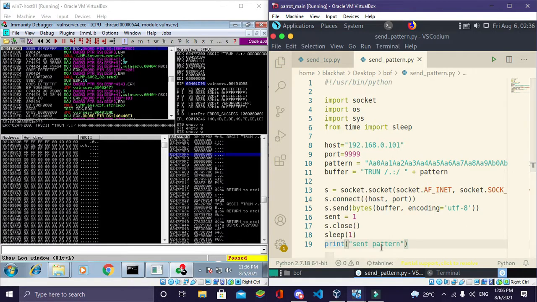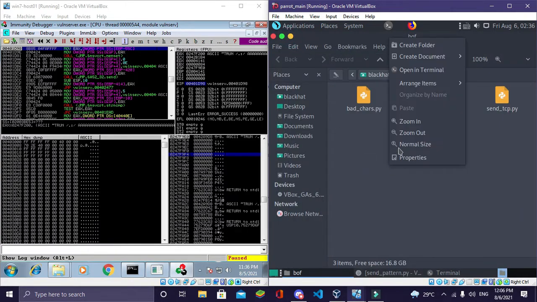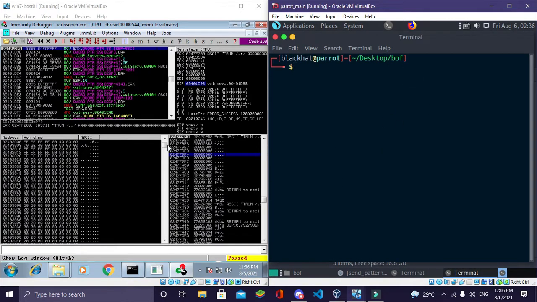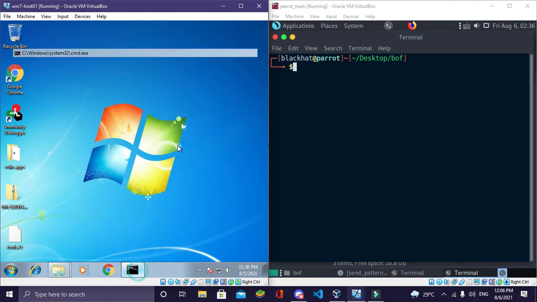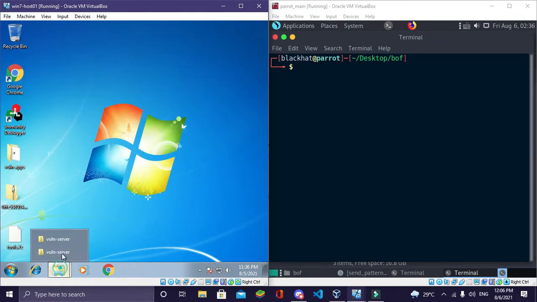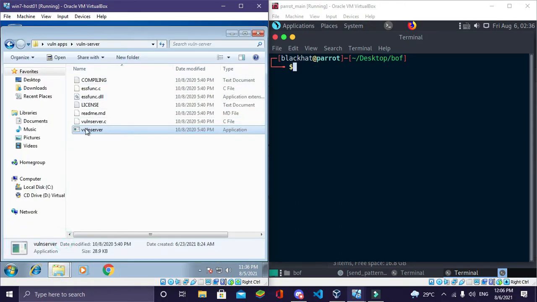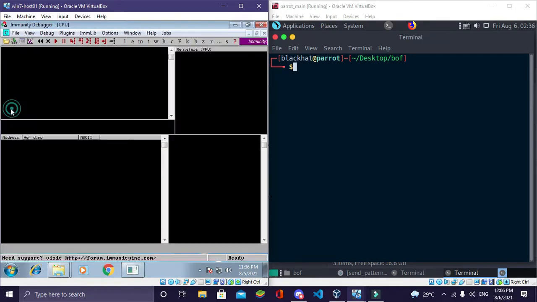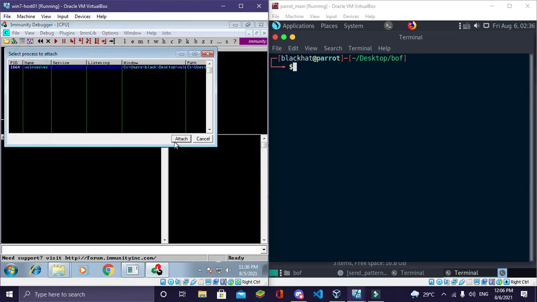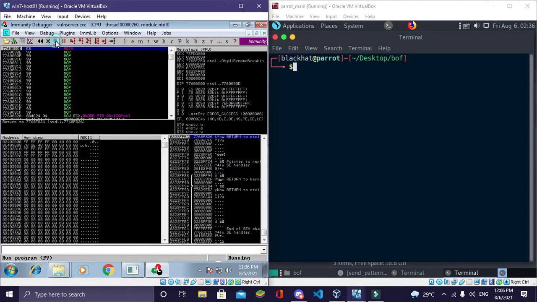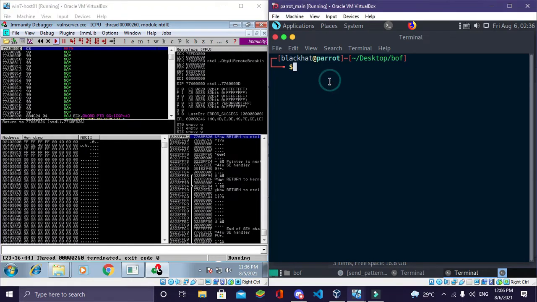I'll save it and go to the folder again and start the terminal. Before that, we have to restart the server and the Immunity Debugger. Double click this, minimize it, and open Immunity Debugger, file, attach it, and run it. Now let's send that pattern to this server.